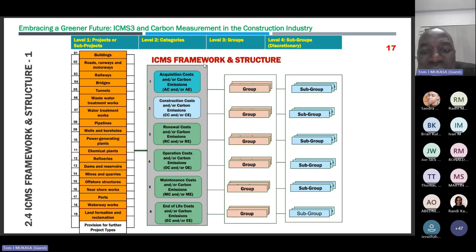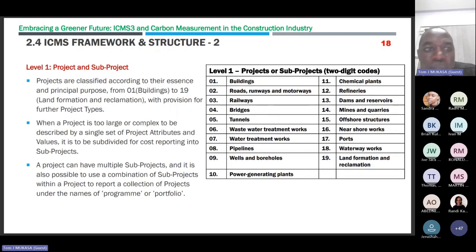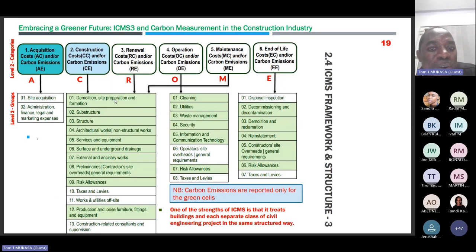And then the groups are what we normally call the elements, okay? And the subgroups are those other subsections under the various elements. And these are left to the locals to use your local standards of measurement, but you can be able to map to the framework. And that's what I'll be trying to do somewhere in the presentation, okay? So all these projects are there, from buildings to bridges to roads, and these are their codes. So it is something for all of us. It's not only for the quantity surveyors, it is for all of us.